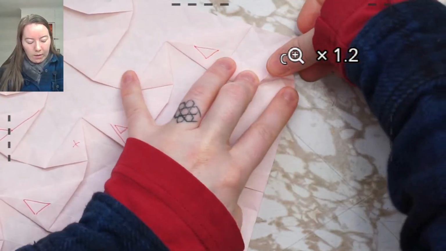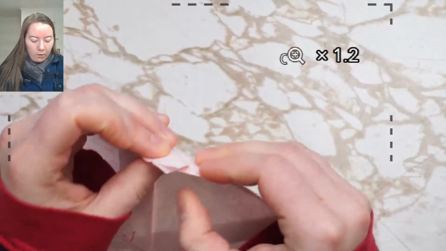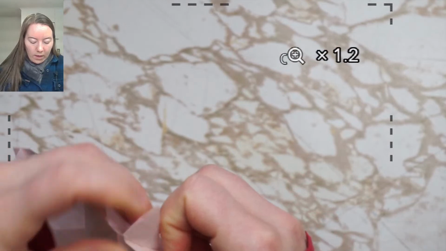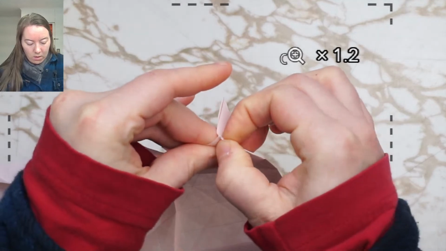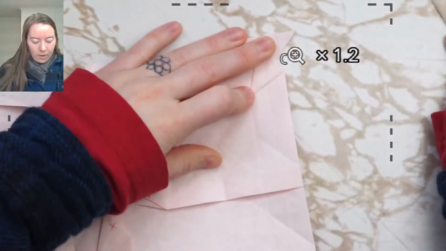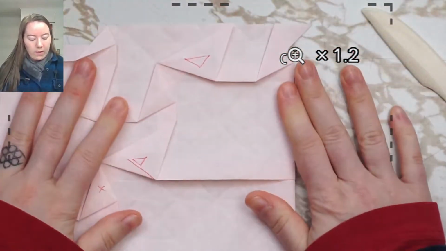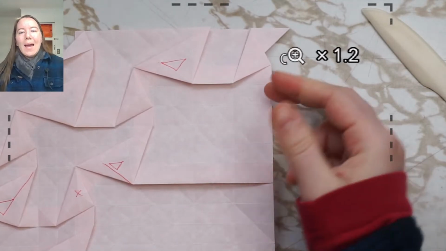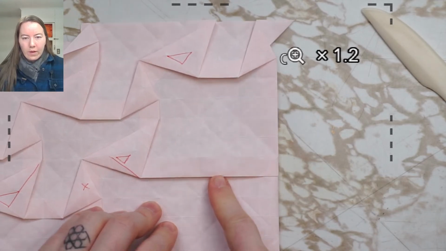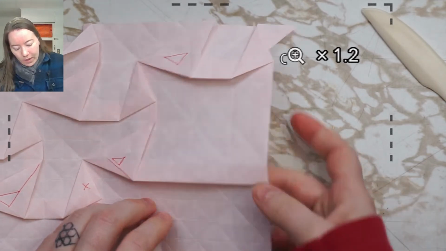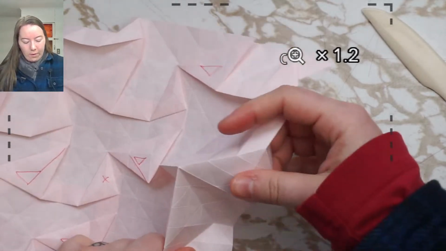And I can put in my new right triangle twist. It is right at the edge, so the paper decided to fight me a little. And that's okay. We can pull it open from the back and make sure that it goes exactly where we want it to. And then coming down, I've got this pleat overlap. And I'm going to choose to say, okay, here's the center of my next closed twist. And the vertical goes down,